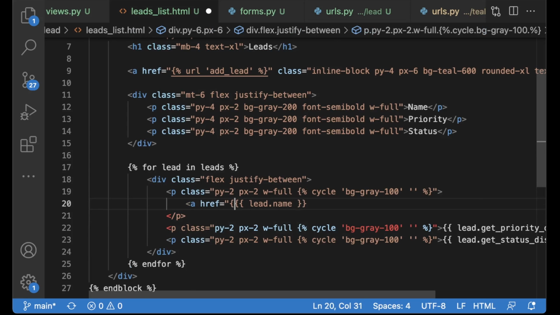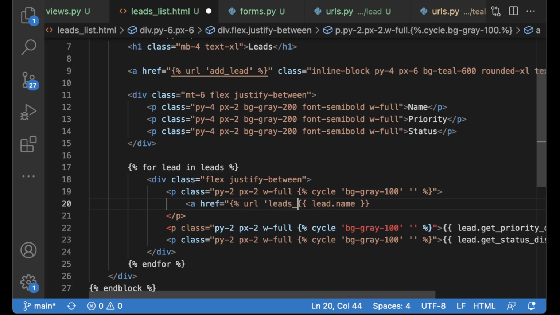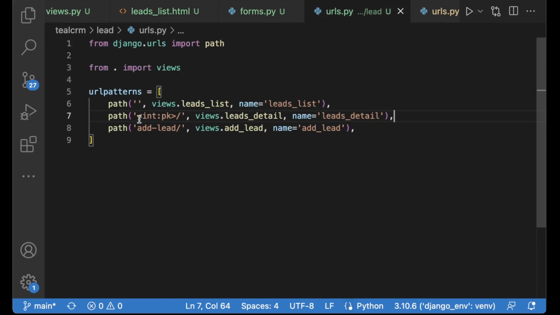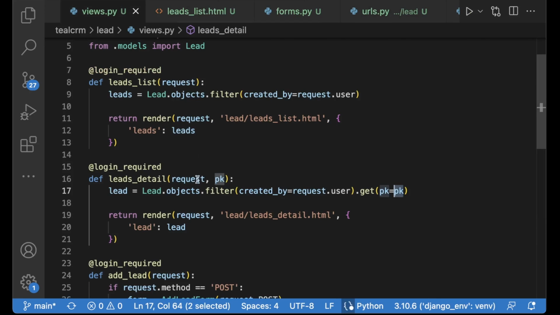So href, url leads_detail, and then we can just pass in the lead.id here like that, and then we need to close the anchor tag at the end. So now this lead.id is the one we get here, and it's also the one that is passed in as a primary key here, and the one we are using to get from the database.